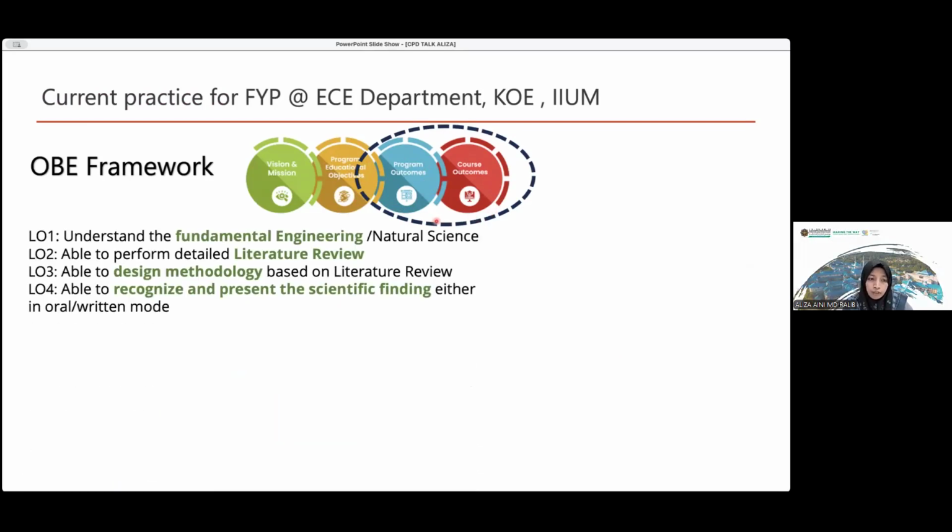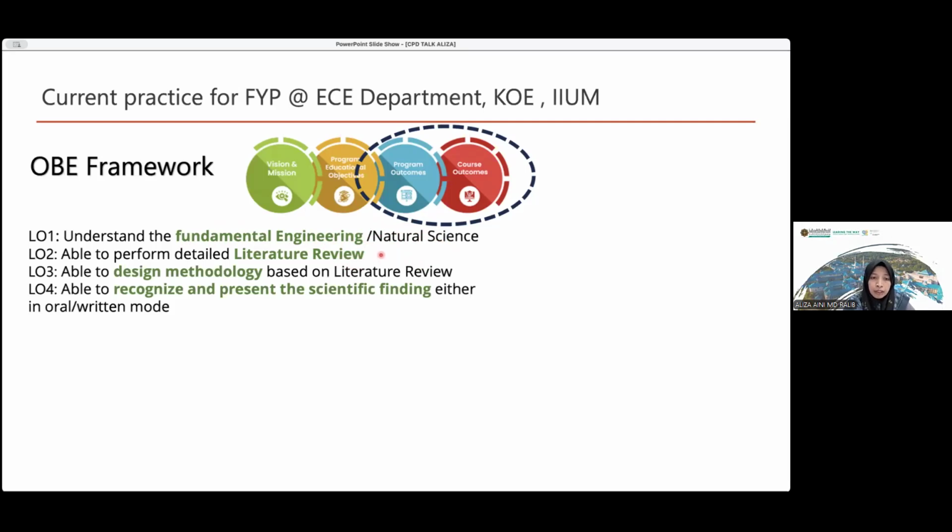Especially for FYP, the final year project, there are 4 learning outcomes that we cover from our side. The first one is to understand the fundamental engineering or natural science. This means whatever they have learned from the first year until the 3rd year, they need to use all the fundamental theory and apply it in the final year project.